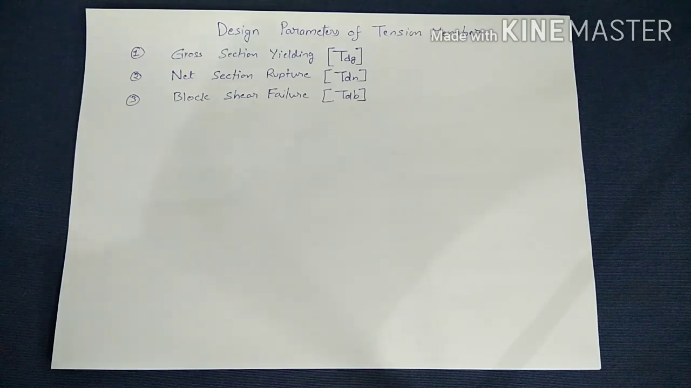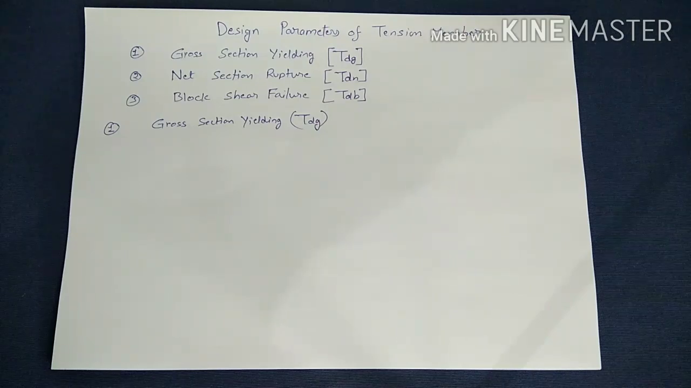So let's start. The first parameter is gross section yielding. It is nominated as TDG, strength in gross section yielding. It is the maximum load at which an unaltered member, or we can say a member without bolt holes, just starts to perform plastic strain without failure. If further load is increased, it will perform plastic strain. So this load is limited up to elastic strain only. Therefore, design strength at gross section yielding as per code is given as